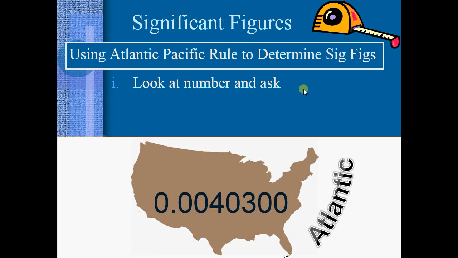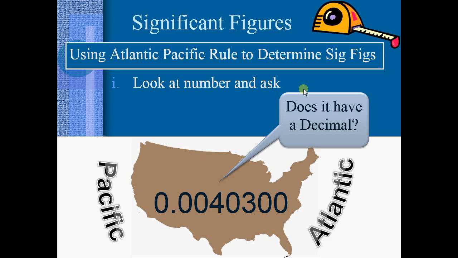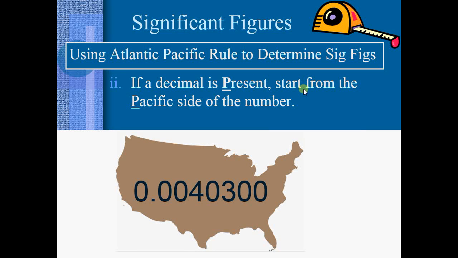Before you ask yourself that question, you need to know a little geography to use the Atlantic-Pacific rule. So you need to know which side of the U.S. is the Atlantic Ocean and which side is the Pacific Ocean. There's a little help for you just to visualize again. Now, once you've done that, you need to ask yourself, does my measurement have a decimal in it or not? Of course, there's going to be one of 2 answers. If the answer is yes, and a decimal is present, then you're going to start from the Pacific